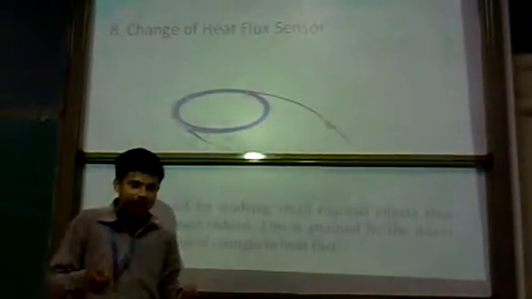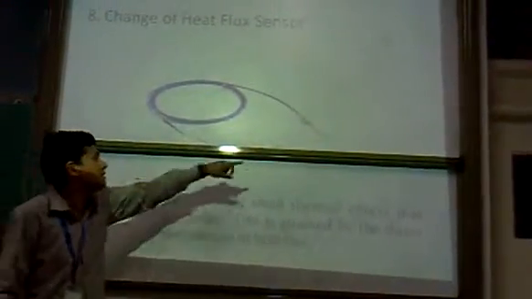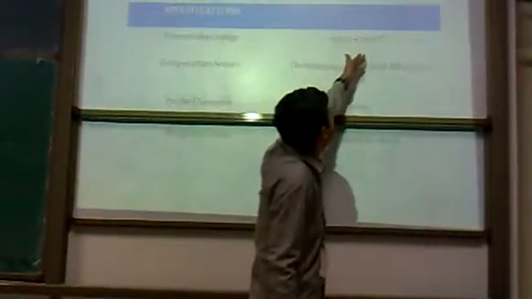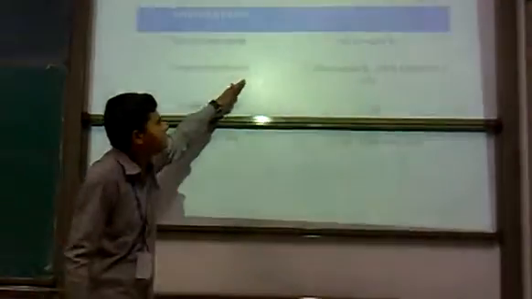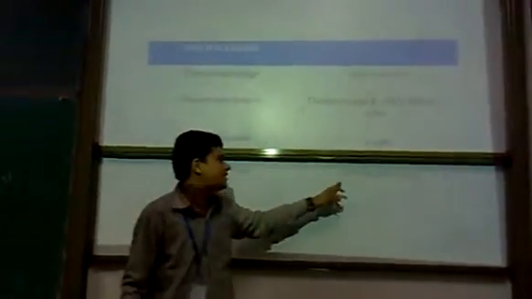This type of heat flux sensor is placed directly near any heat source, like the needle type sensor, which also contains a needle to get the heat flux. The specifications are: temperature range is -55 to +260 degrees centigrade. Temperature sensor is once again a thermocouple K. Its probe diameter is 2 mm and response time is typically 1 second.